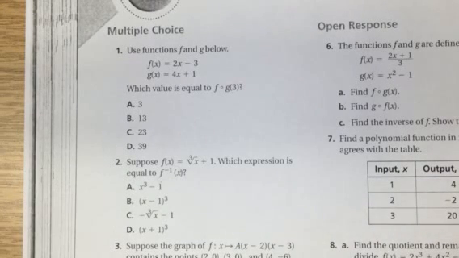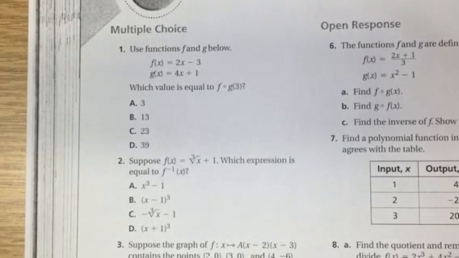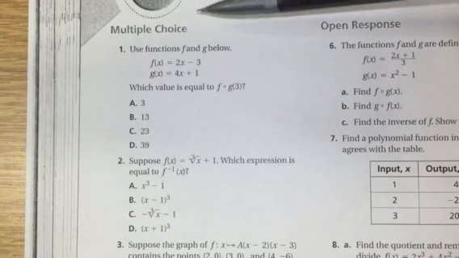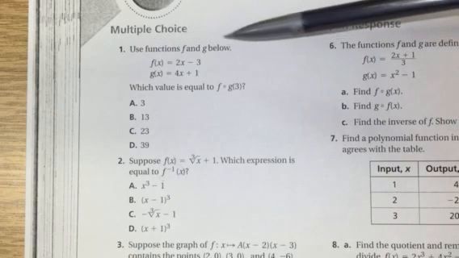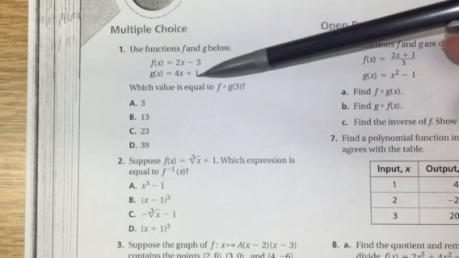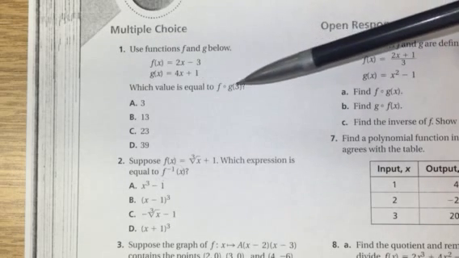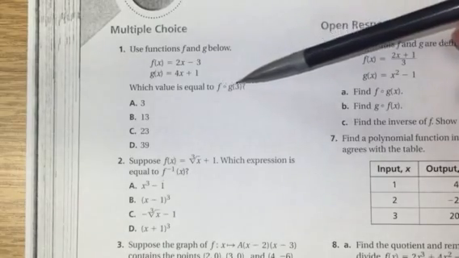This first video will cover all the multiple choice questions on the sample chapter test, and then there will be follow-up videos for the open response part of the test. So the first multiple choice question: use functions f and g and find the value equal to f composite g